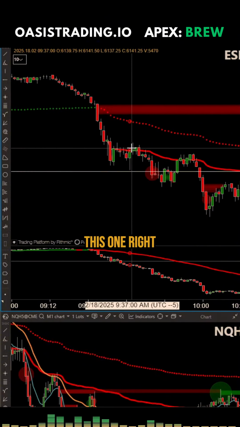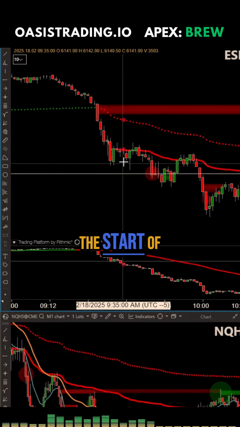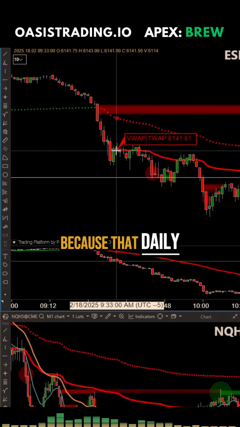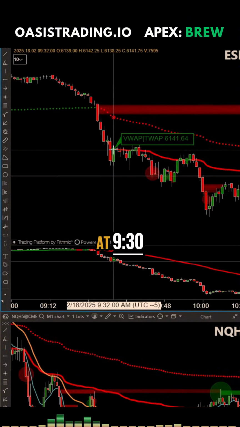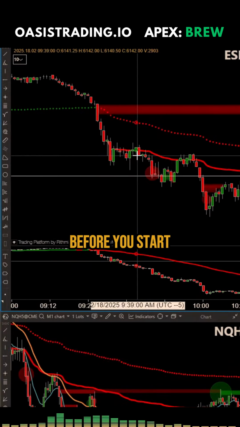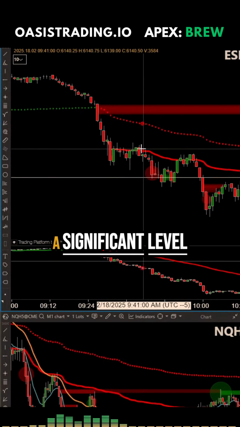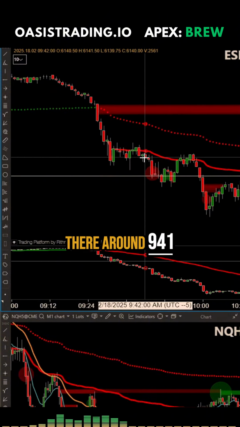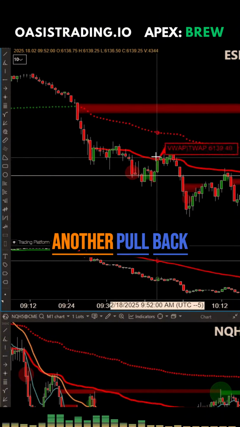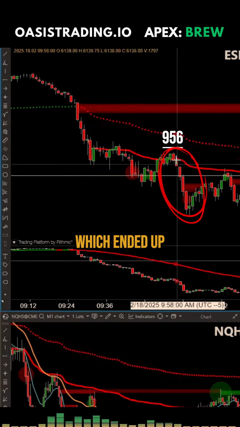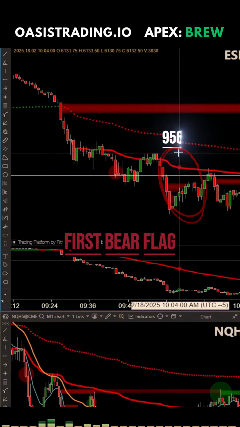You could say that this one right here was kind of the start of that bear flag into VWAP, but that VWAP was brand new. Because that daily VWAP starts at 9:30, you typically want to give it a little bit of time to develop before you start using that as a significant level. But that was the first failure, kind of right there around 9:41. Then we had another pullback into that VWAP around 9:56, which ended up giving you that first bear flag trade